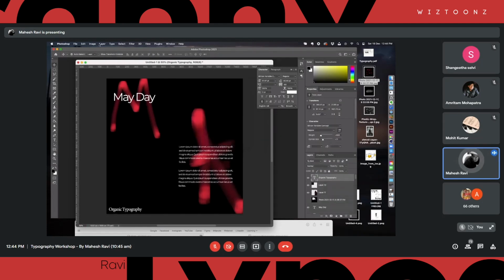All right. So now we are going to try something a little different. We're going to talk about 3D typography here. This is something that has a lot of potential, but we don't feel very comfortable playing with it. I think most of you know that you can create 3D typography from literally any software, like Photoshop or Illustrator, but we don't feel comfortable using it because if we are not doing it right, it can ruin the whole design.